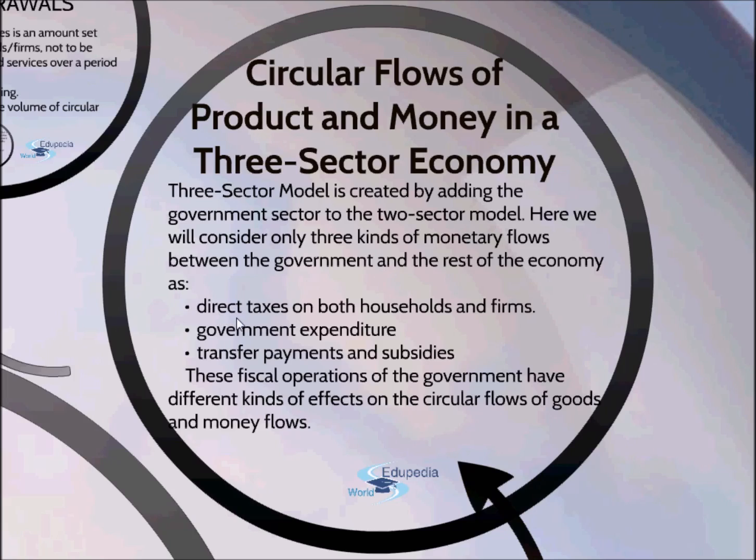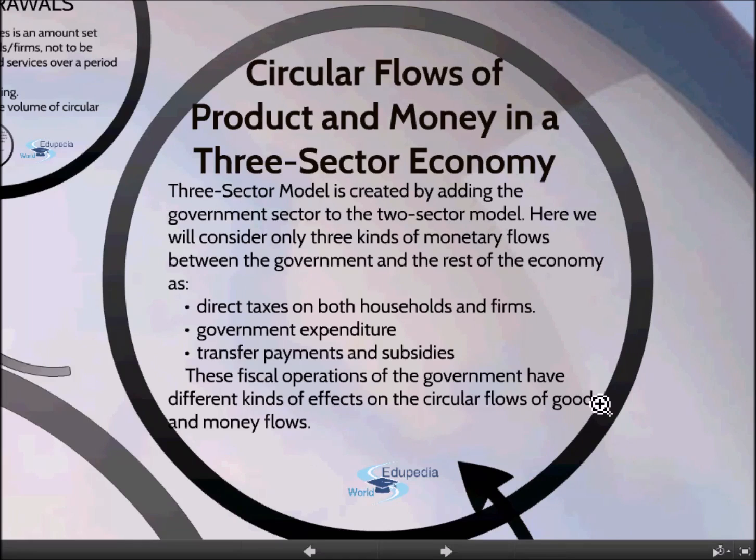So we consider that direct taxes on both households and firms are being implemented by the government. Then the government goes for certain expenditure, and then there are transfer payments and subsidies. So these three are the monetary flows going on in the economy. Now because we include the government in the model, it focuses on the government's economic role, which will be affecting the fiscal operations and the circular flow in the economy. Now these fiscal operations of the government have different kinds of effects on the circular flow of goods and money